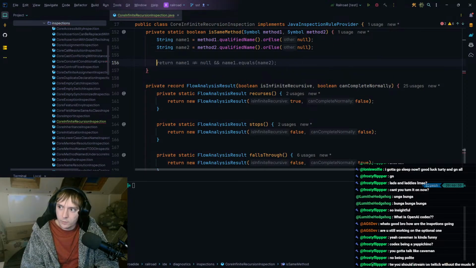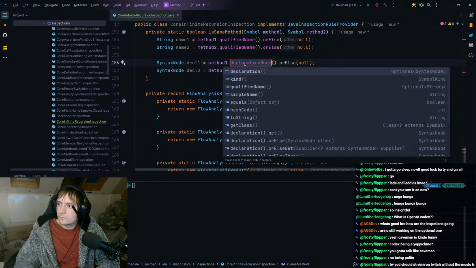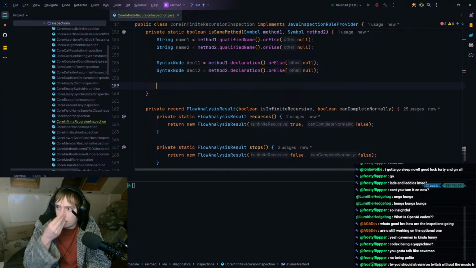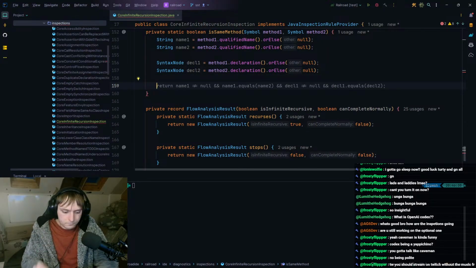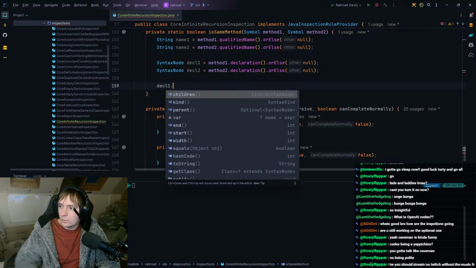So we also then want to get syntax node declaration 1, and then we can do declaration 1 dot